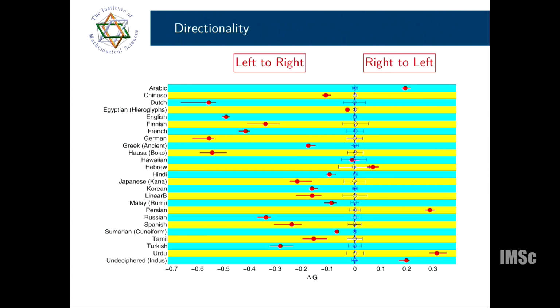Once you apply all these things, there is a positive line and a negative line. All the languages which lie on the left side are written from left to right, and whatever comes on the positive end is from right to left.